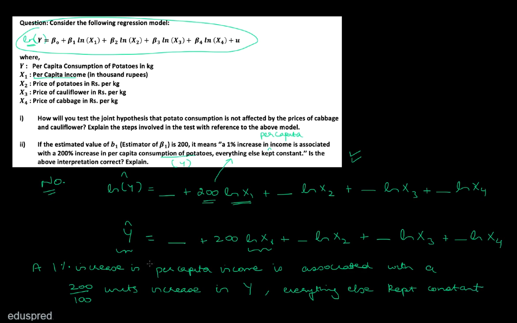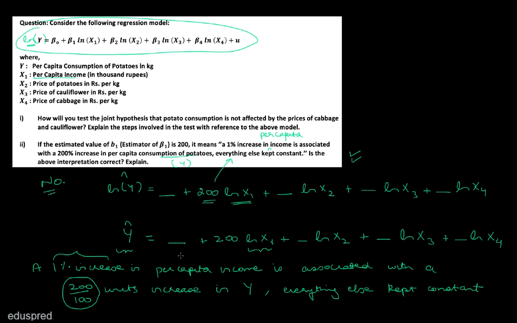Now there are a couple of things that you need to note over here. The first thing is that I have written 200 divided by 100 because in this type of functional form, if you want to work with 1% increase, then you need to divide the 200 by 100 in the interpretation. Once again, I'm not getting into the detail of why we do it. There is a complete derivation behind why we get these interpretations for these kinds of models, which we have discussed in some other video. I'm assuming that you know the general structure of the interpretation and I'm just highlighting some important elements over here. So if you want to write 1% increase, then you need to divide 200 by 100.